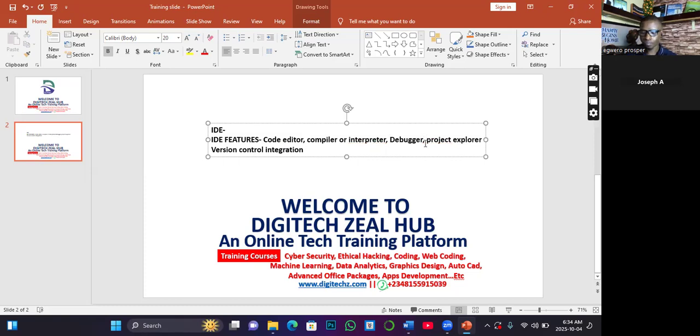So when we say the code editor, we are actually talking about an interface that allows you to write your code, just like Microsoft Word, that gives us a page for writing. So there is also an aspect of an IDE that allow your cursor to be active so that you can write your code. Then the compiler or the interpreter is the one that is taking care of the execution of your code.